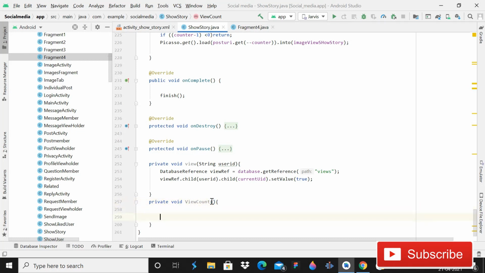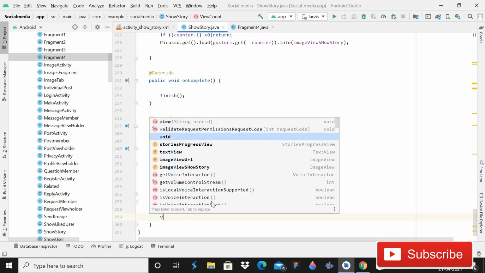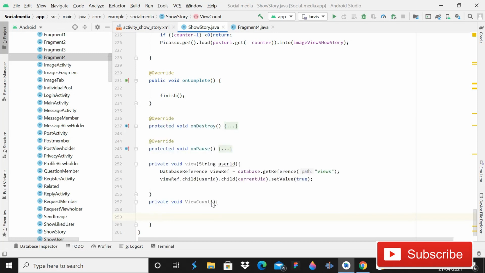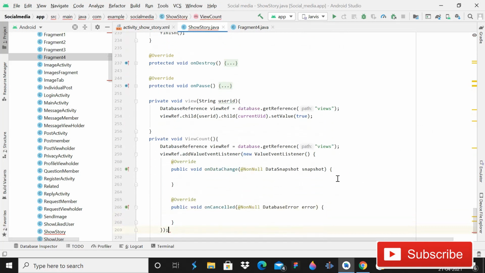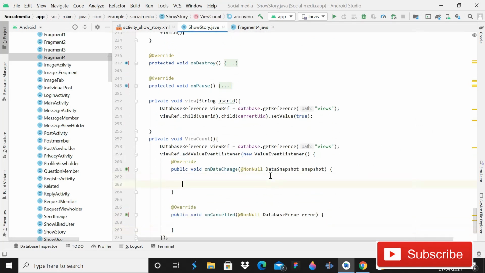Yeah, we can do viewReference, Ctrl+C, then Ctrl+V. Then after this you have to make that viewReference.addValueEventListener(new ValueEventListener()). Then after this you have to write the semicolon.